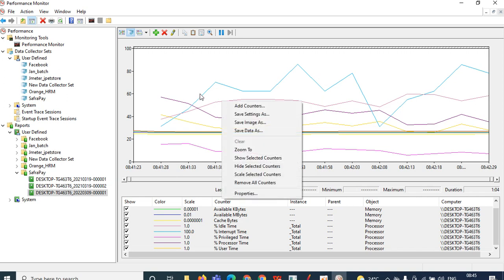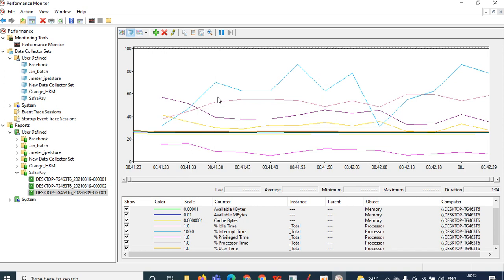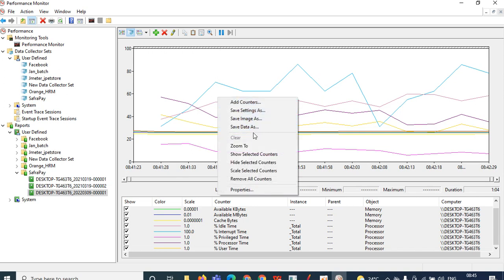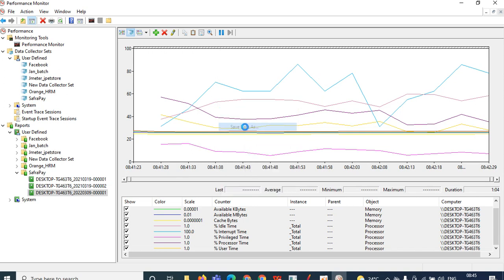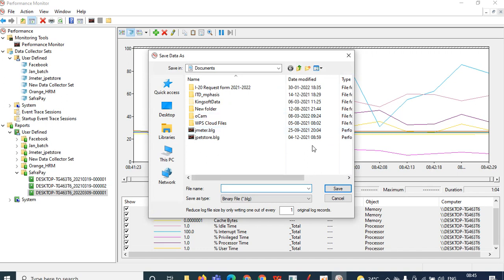So export it. First right click on the graph, right click on the graph, you can see here save data as. Okay, click on that save data as and I am exporting this data into CSV format. I am not using the BLG format, by default the extension is .blg. I am not using that format. I am using CSV over here and I am giving one name